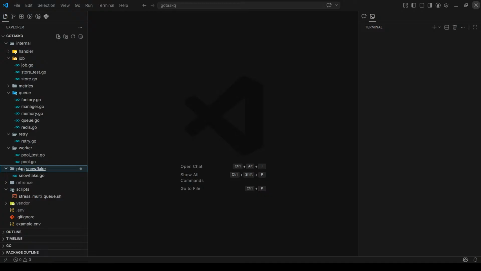So it should have waited at least 10 milliseconds, or more. So what we'll do is, if elapsed is less than 10 times time.Millisecond, if it hasn't waited about 10 milliseconds, we'll throw